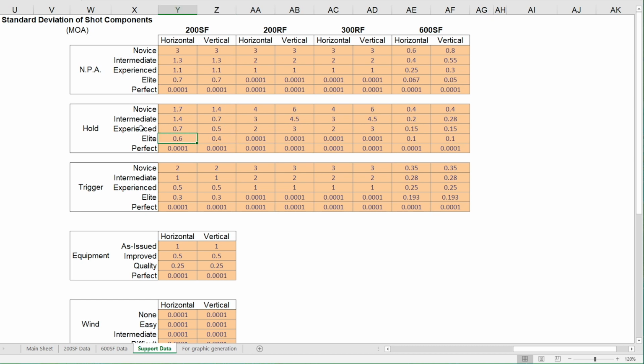And horizontally, we're saying that one standard deviation is 0.6 minutes of angle. So it would be 3 times 0.6, so it would be 1.8. So 1.8 to the left, 1.8 minutes of angle to the right. Anyway,